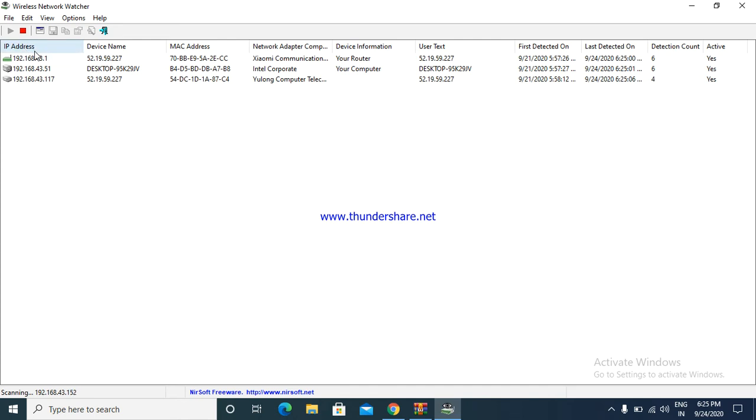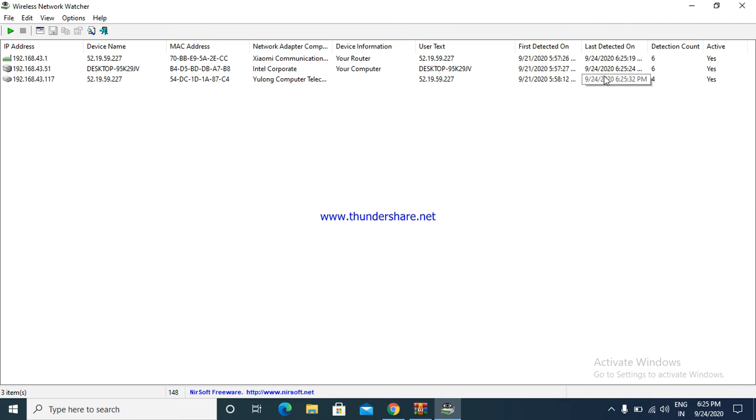Here we will see the IP address of the devices and the router connected in this network, the device name, MAC address, all the details about the device, and at what time this tool detected these devices for the first time and the last time.